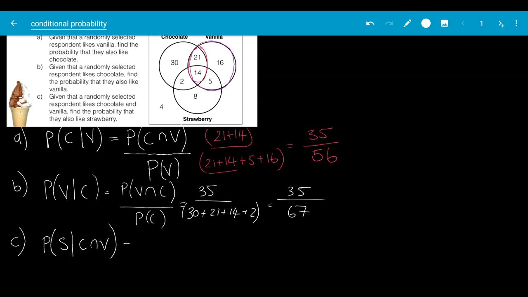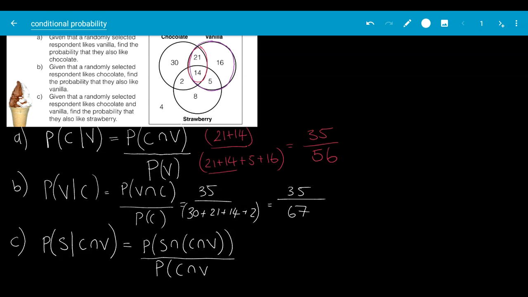This is going to be the probability of the intersection of strawberry with the intersection of chocolate and vanilla. So that's effectively the intersection of all three divided by the probability of the intersection of chocolate and